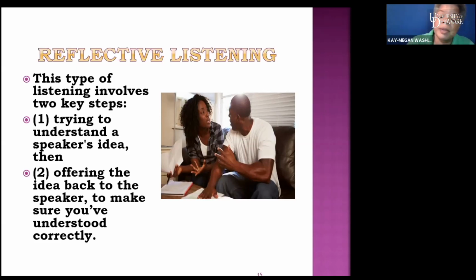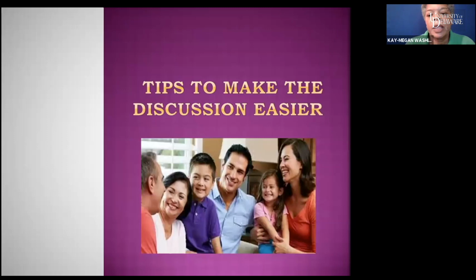You're just reflecting it back to give the person the opportunity to hear what it is that you heard them say, and for them to clarify, yes, that's what I meant, or no, that isn't what I meant. Let me try to clarify it further. And that takes a lot of practice, folks. There's a reason why mediators take 40 hours to get approved to be a mediator, and then we have to keep going to continuing education ongoing.